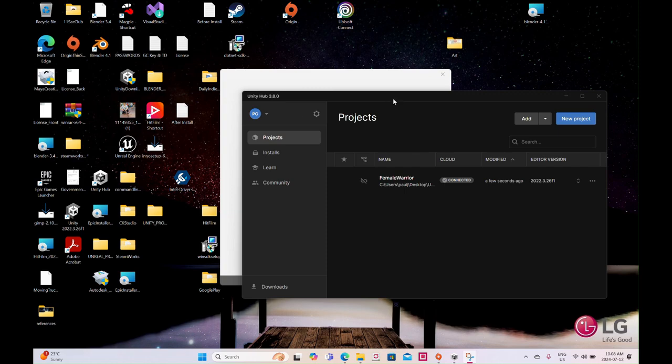Everyone. So I'm going to start a new series here. It's going to be a third-person character setup in Unity. To start off, once you have Unity installed, you double-click the icon, and this window should pop up. And when that does pop up, you press New Project,